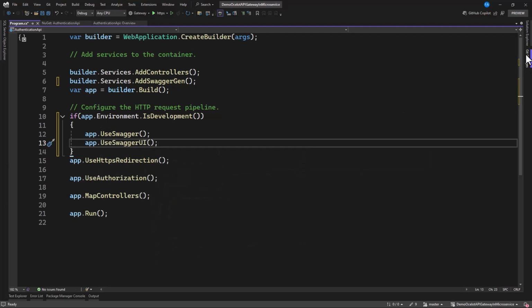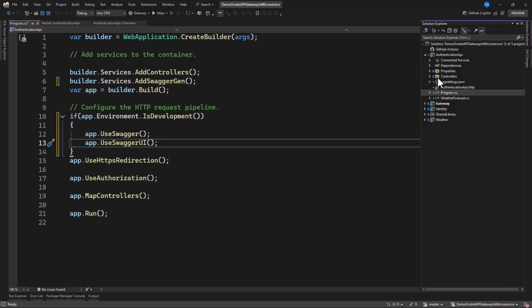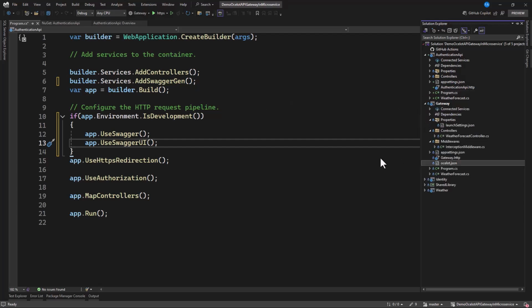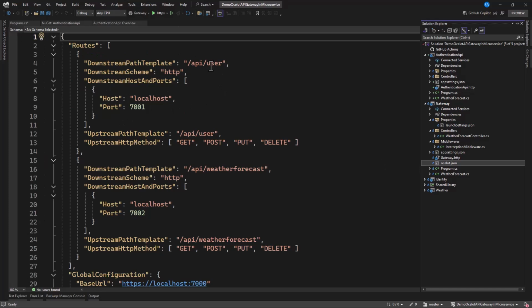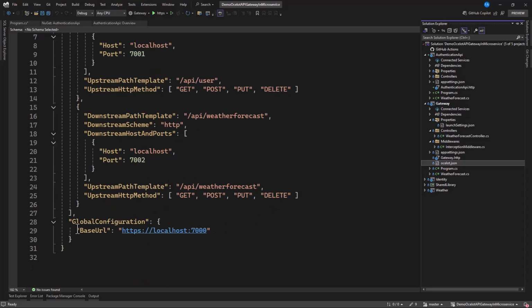So let's go to our solution, and let's check the Ocelot, the port for each of the APIs that we created already. Now when you go to the gateway ocelot.json, you can see that the user port is 7001, the weather forecast is 7002, and the gateway is 7000. So we can make the authentication here 7003, right?